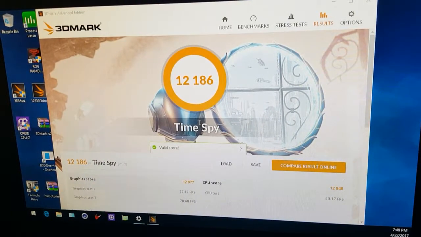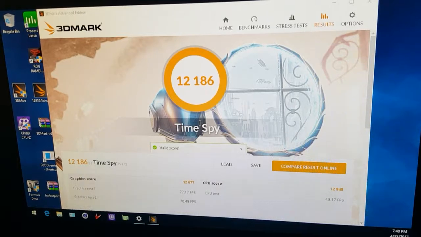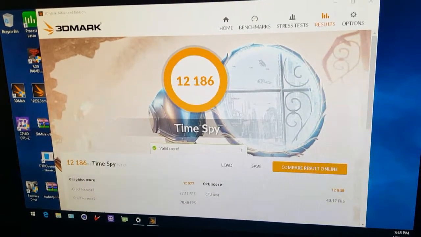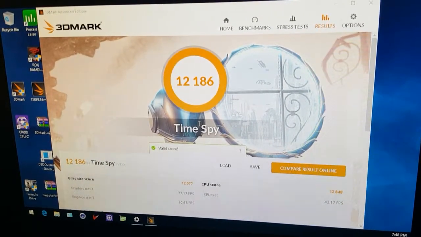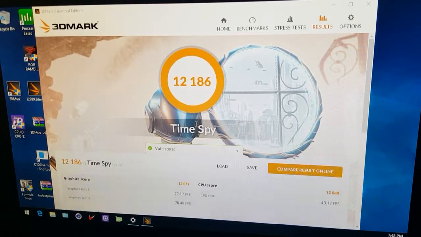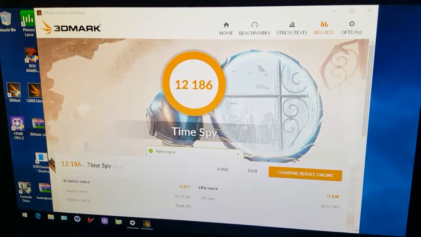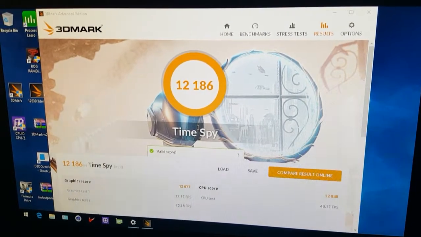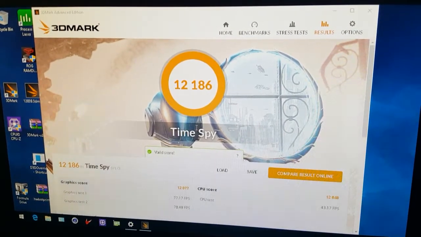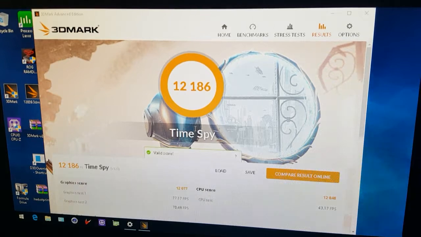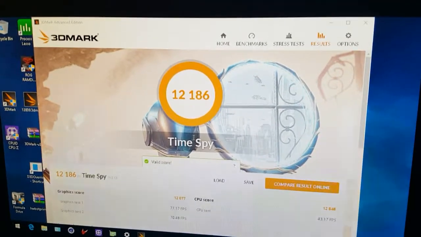So just over 300 points just for changing the base clock. This was not easy to find, I gotta be honest. I spent over 2 weeks just tweaking here and there when I had a chance. Straight run 12,186 versus